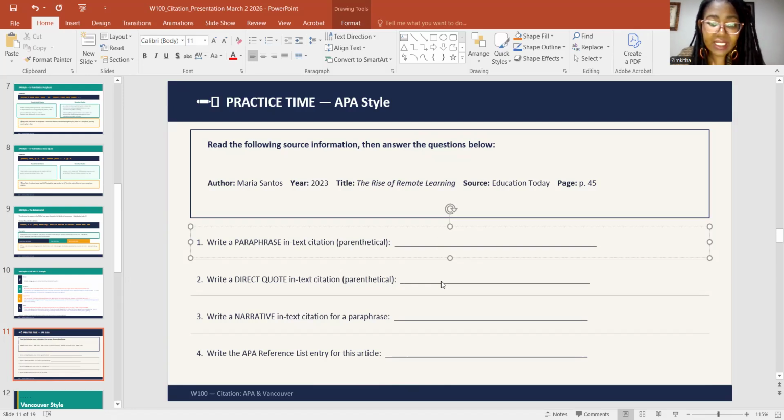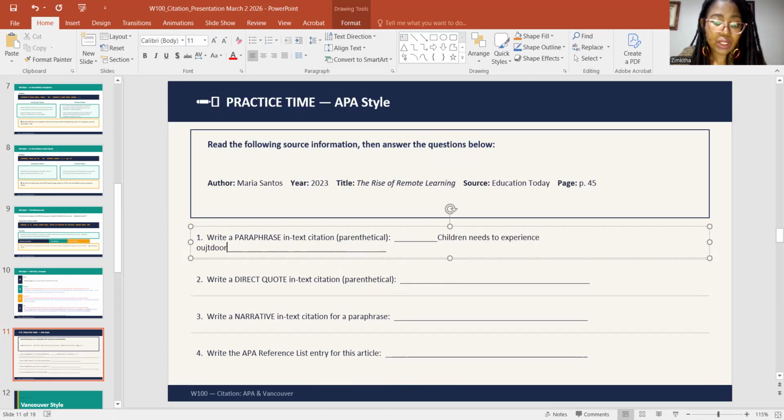It would basically just be text, for example, children need to experience outdoor activities rather than being on tablets.